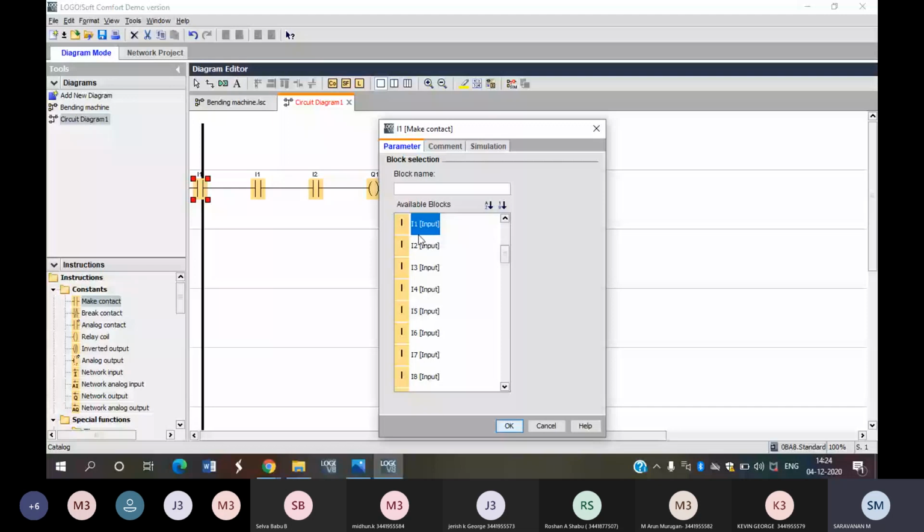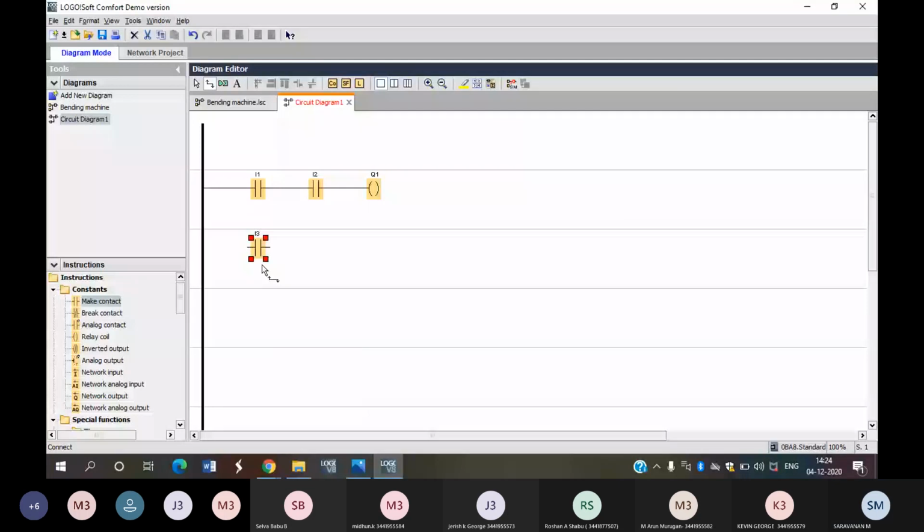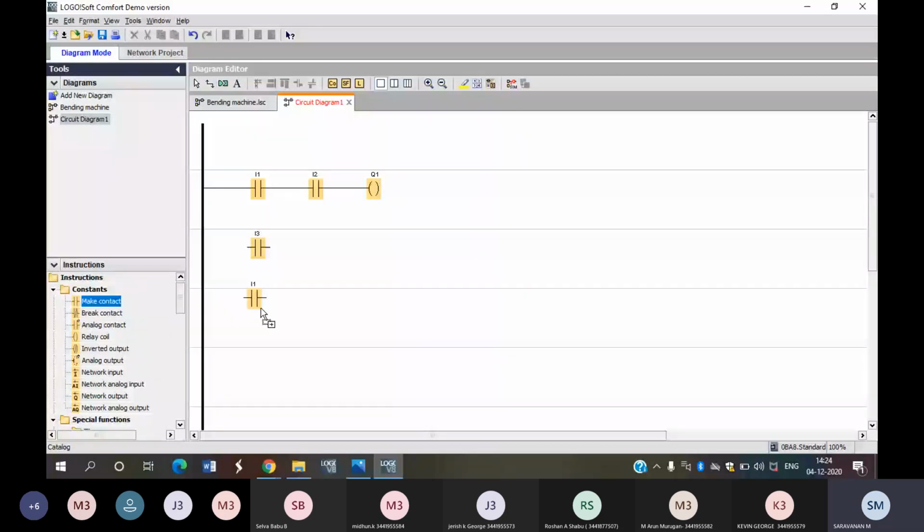That is your wish, but you should be clear about the inputs and output. Now I am giving input 3 here, and input 4.